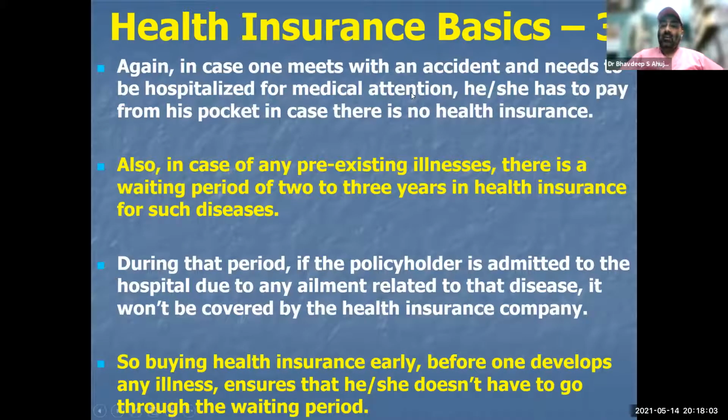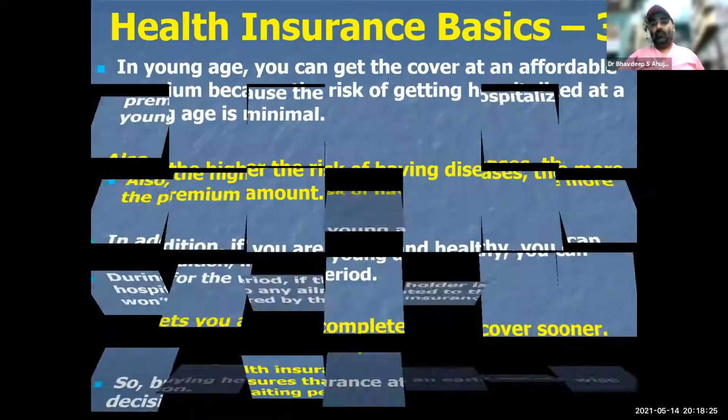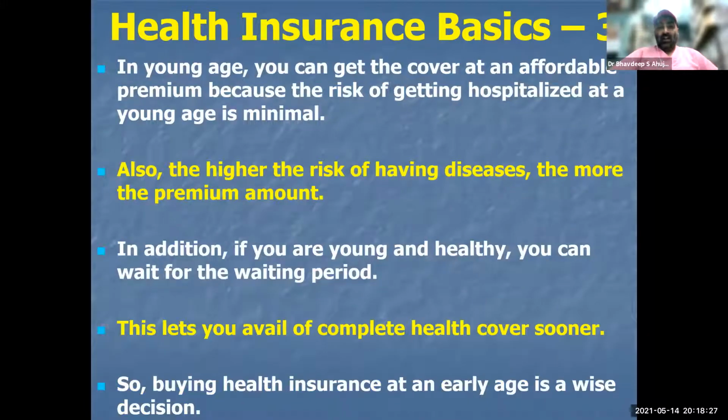If there is no health insurance, you need to cover for that. If it is an accidental part, we should be sure that it is also covered in those health insurance policies. And the pre-existing 2 to 3 years waiting period is there. So if you enter late and are already affected with any disease, you will have to go through that waiting period. In young age, the premium is less, the risk is less, and you can easily wait out the waiting period as well. So you can avail the health coverage soon, because अमर होके तो कोई भी नहीं आया है,